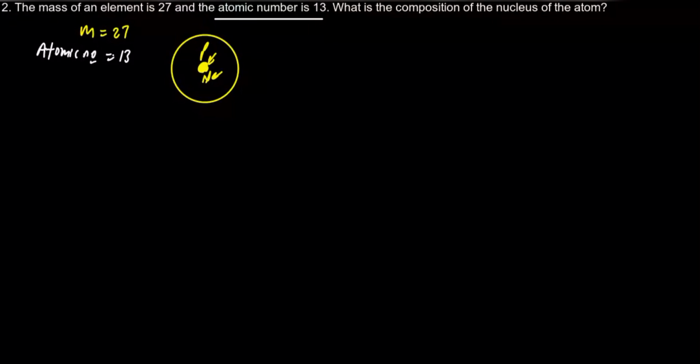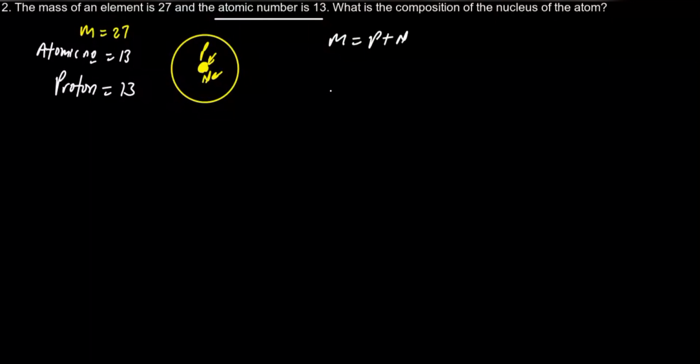To be equal to 13. And for us to find the composition of the nucleus means tell me everything inside the nucleus. That is, I'm to get the number of protons and number of neutrons. Remember, number of protons is always equal to the atomic number, and that's 13. And what will be the number of neutrons? Remember, mass number equals number of proton